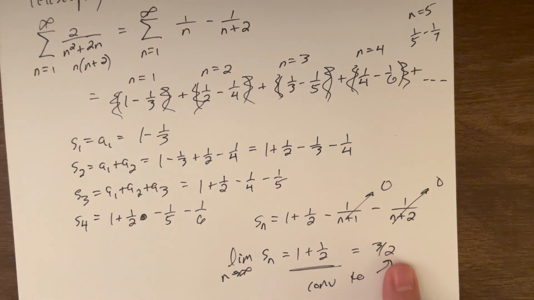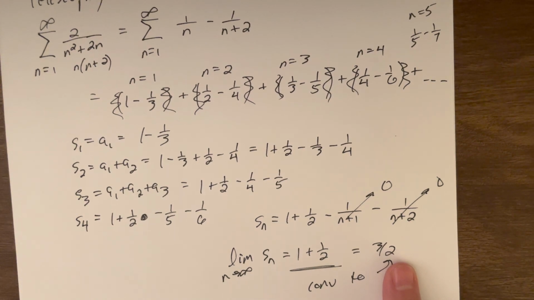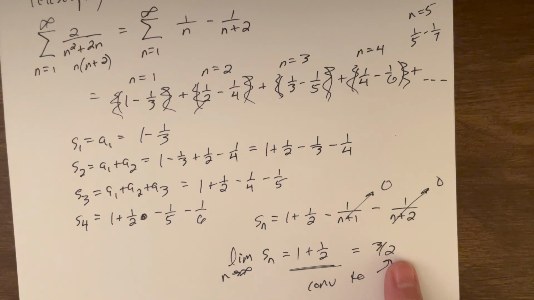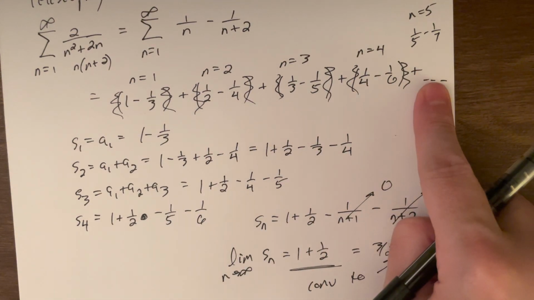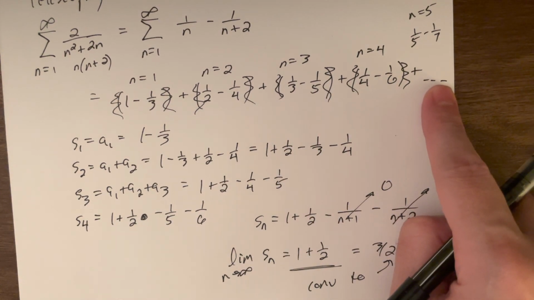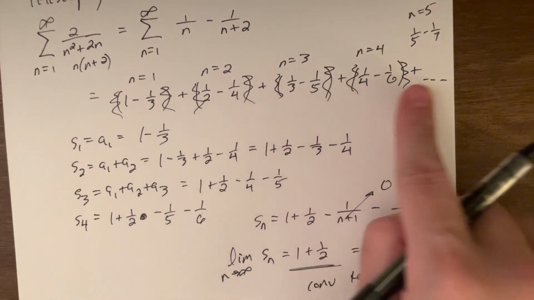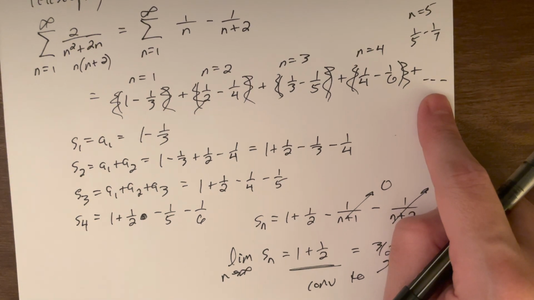And they say, hey, it converges to 1 and 1/2. They got the same answer we did, but that's garbage, everybody. You can't work like that. That's assuming that everything would cancel. And while that may be a very valid assumption because we see it canceling, you need more formal proof work